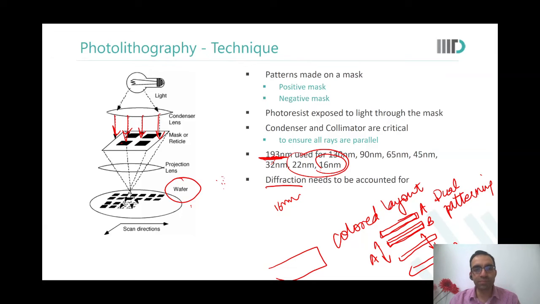Yes, sir. Sir, when we talk that we are shrinking the technology, so mask also gets smaller. Mask size would depend on how big your die is. If your die has become smaller, then yes. If your die remains same, then no. Sir, eventually then we will also be using these techniques for making masks. So mask for a mask.